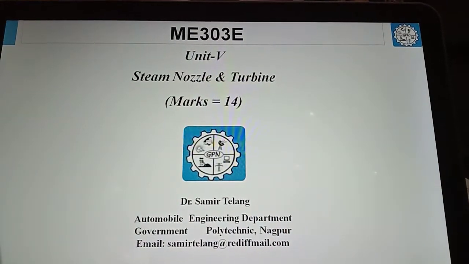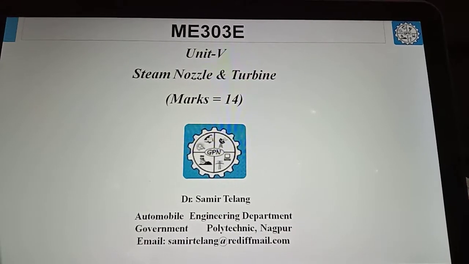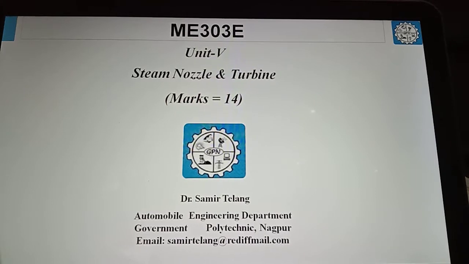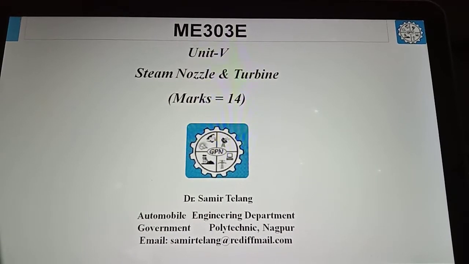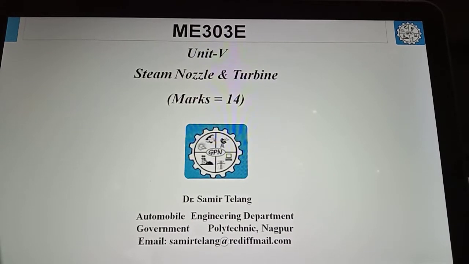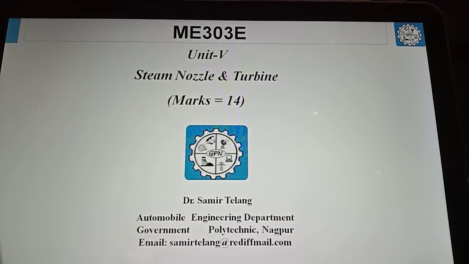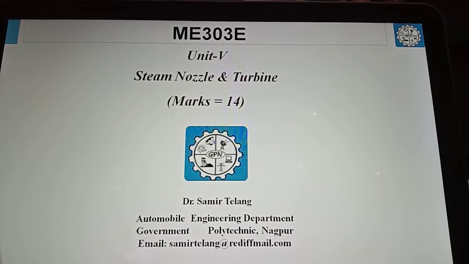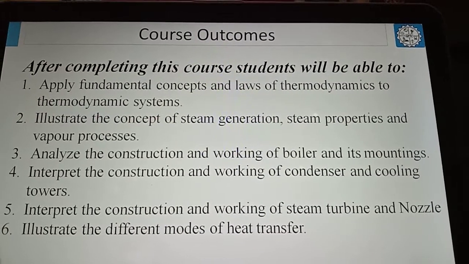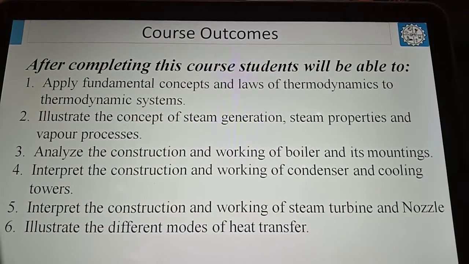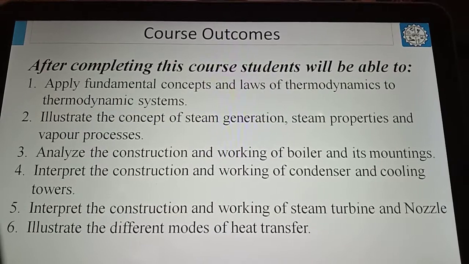the concept of steam nozzle and turbine and important factors and parameters which is very much useful in industries as well as in power plants. So class, after completing this course, you will be able to apply fundamental concepts of laws of thermodynamics to thermodynamic systems,